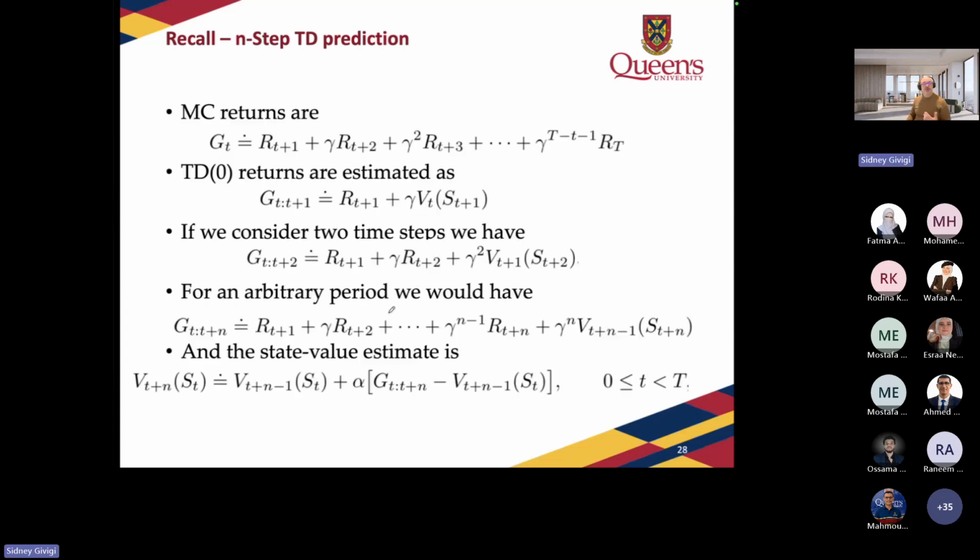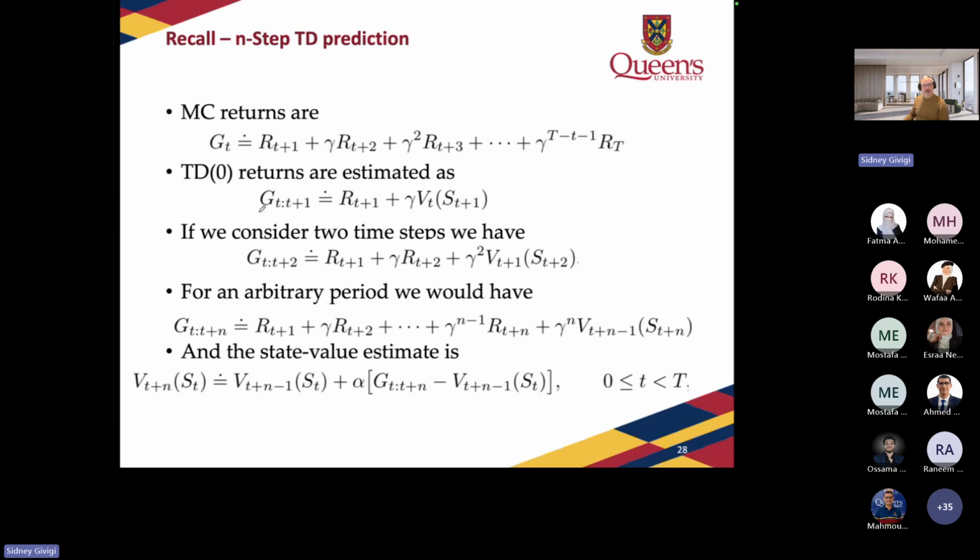We can represent this as our equations, right? So we have seen this for Monte Carlo. In Monte Carlo, we go from the first reward all the way to the last one, where we reach a terminal state. And this is going to be our return. And our return is going to be based on a sample that we actually took, right? In TD0, what we are going to do is simplify this so that we can do bootstrapping.